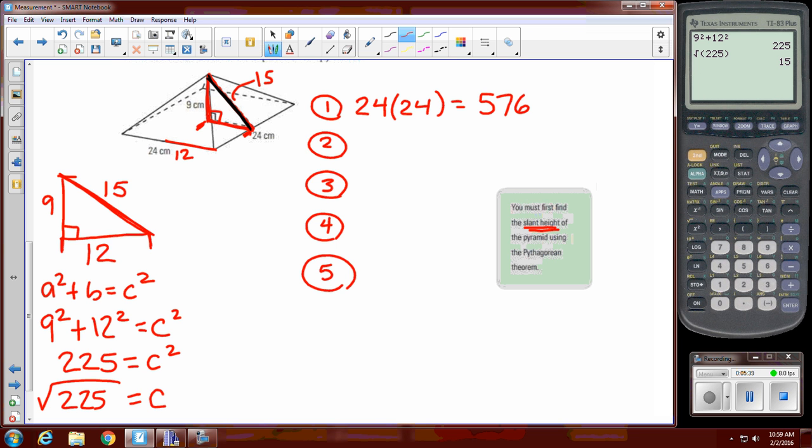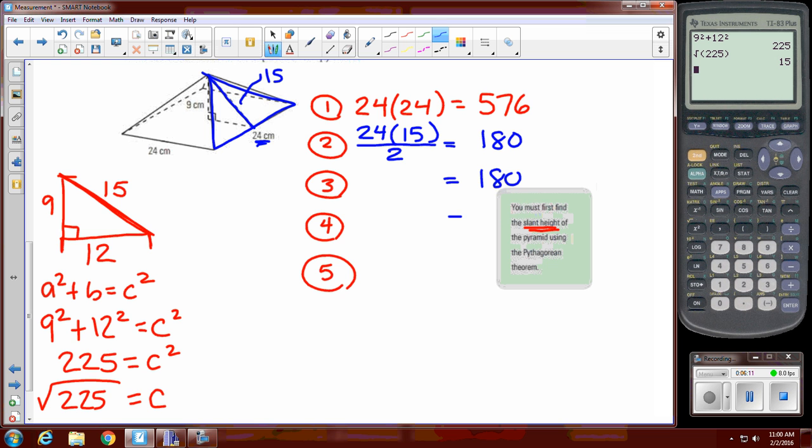Now we got to concern ourselves with the triangles that are on the edge of this pyramid. And I'm just going to redraw it. So here's the triangle. All 4 of those triangles are the same. We have a base of 24, and we calculated this height to be 15. So it's base times the height divided by 2. Base times the height divided by 2, that's 180 square centimeters, which all of those other triangles are also